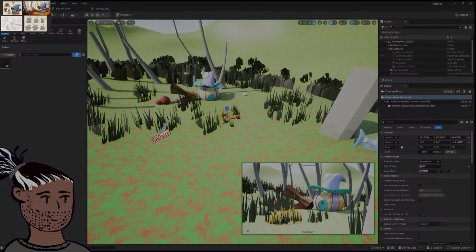Performance is going to be a concern though if you really need to process thousands and thousands of instances, so C++ might be the way to go to build proper custom tools. Also with UE 5.2 there's a new set of procedural tools that promise to do just that with node-based graphs, so that's really exciting. In this video, however, I'm going to focus on another solution, which is to instantiate grass